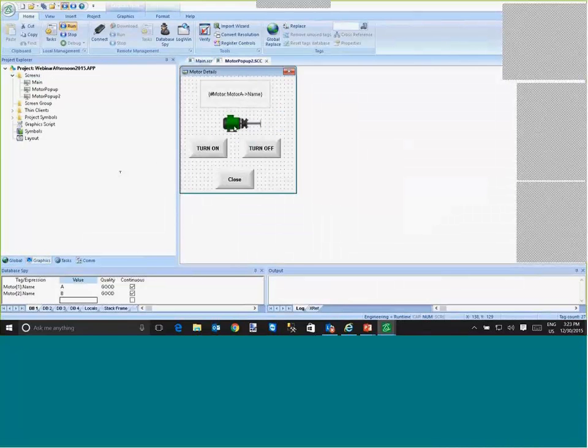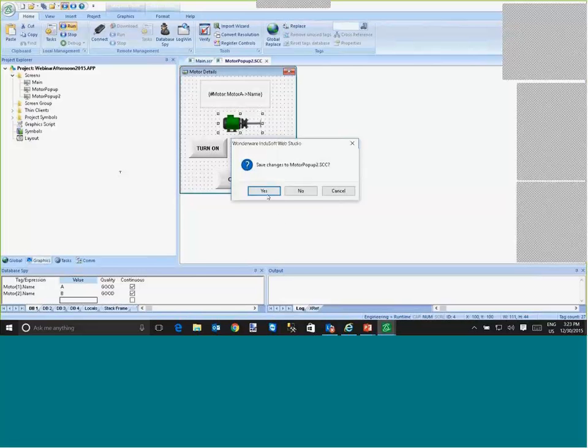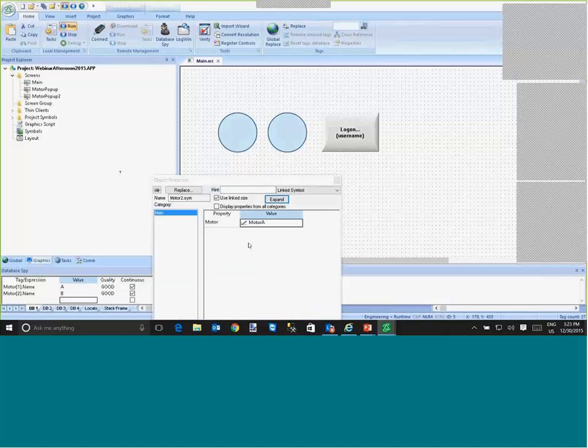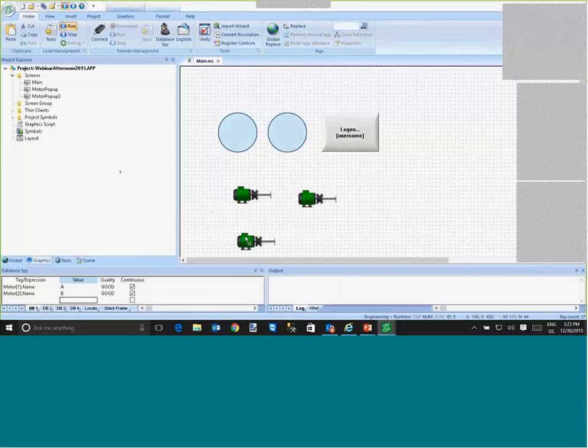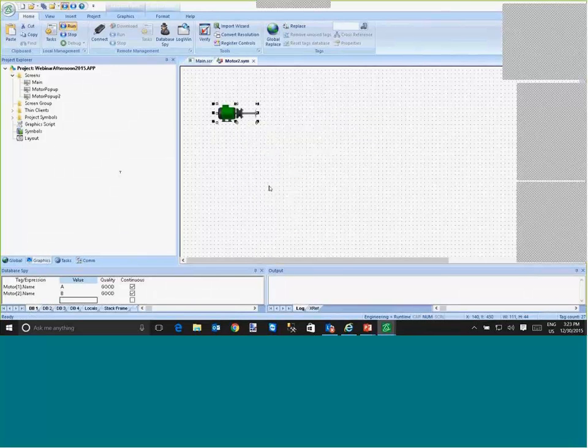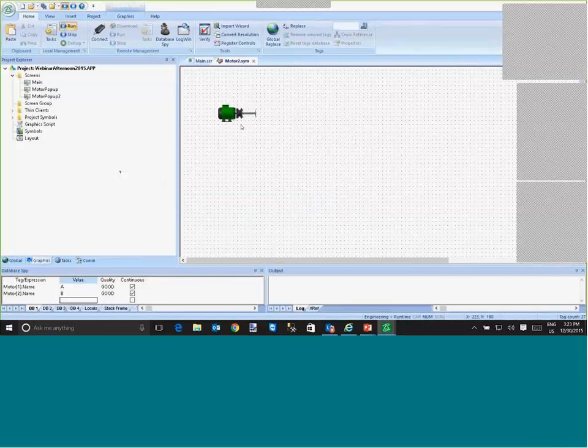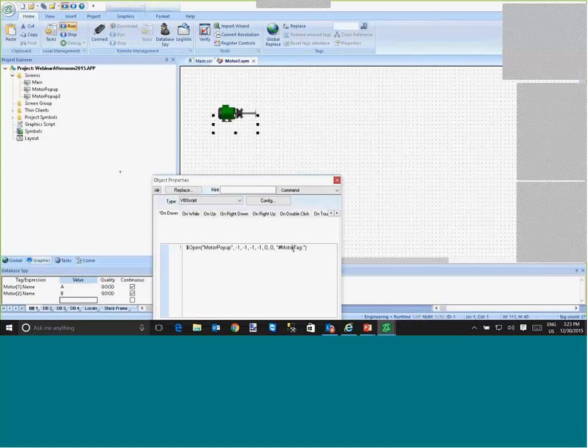Now, let me bring this new link symbol back here. And now in this link symbol, I have motor A, and I can edit this link symbol. And just one last thing here that I forgot. When I open, it's not motor tag. It's motor